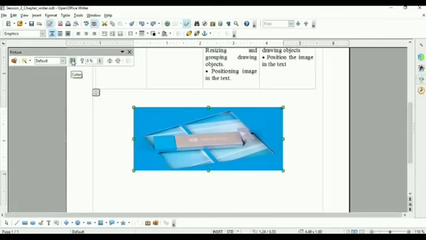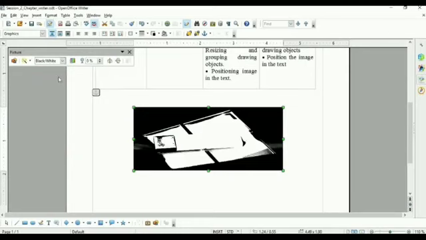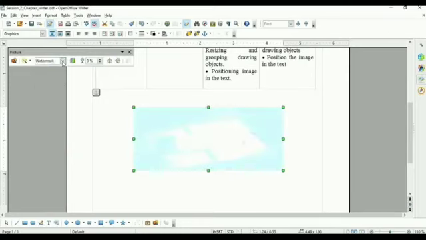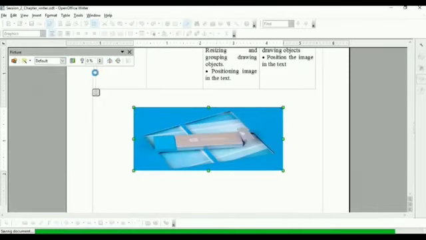Next is this color option. From here you can change the color of the picture. Then this one, grayscale. These many options are available for modification. Watermark is like a faded image. See this. Then original, default means the picture will come in original place.